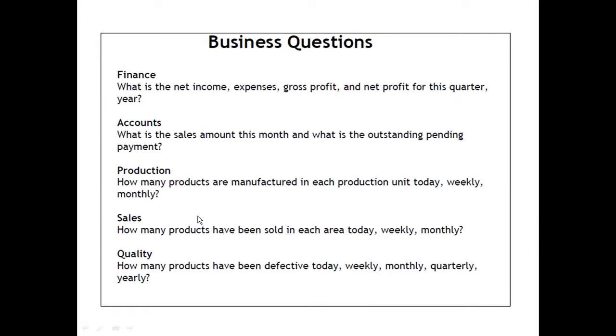So I created the report, and the user is asking the report how many products are manufactured, how many products are defective, how many products are damaged, and in total how many products are sellable. So this type of report I have generated. By looking at this report, how does the end user take decisions to improve the business?